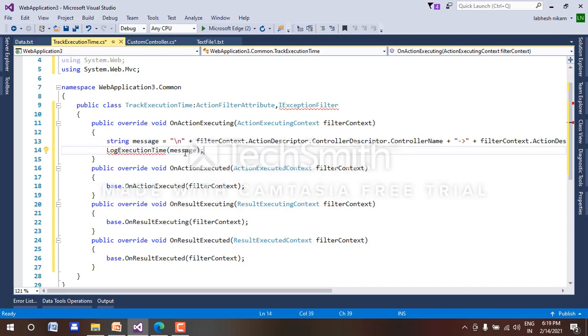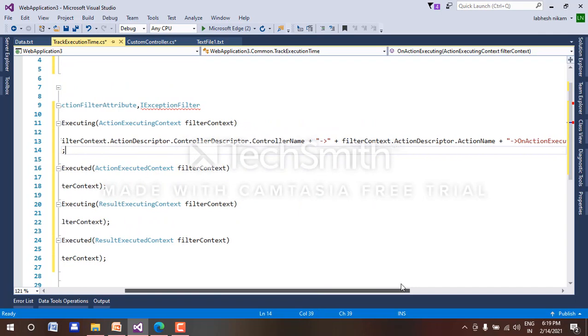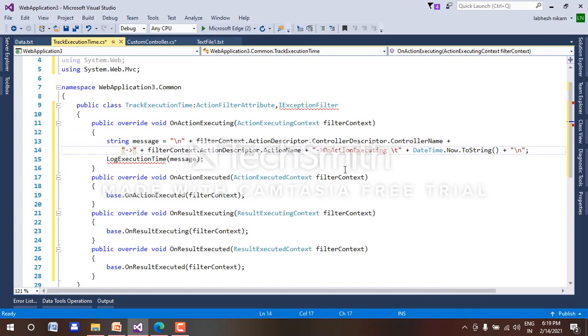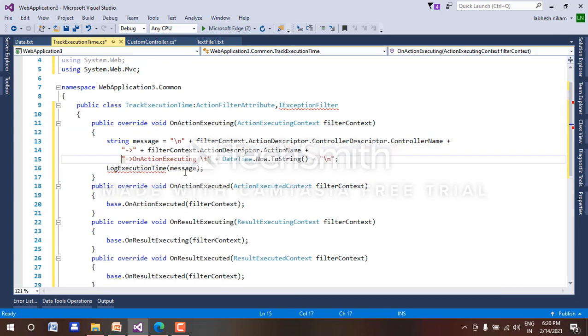So string message equal to filter context dot action descriptor dot controller descriptor dot controller name. In the log file it will display first the controller name, then the action name. So add the symbol and then filter context dot action descriptor plus action name. And then plus another symbol, on action executing, datetime dot now dot to string, meaning the time and date of that.